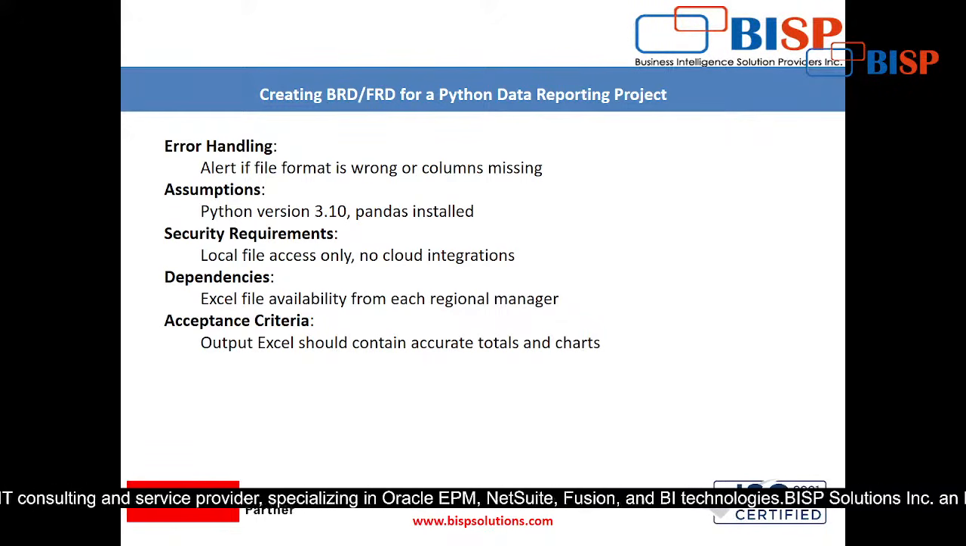Suppose whatever we have done, what is the acceptance criteria? Acceptance criteria means how you will be satisfied. So the output Excel should contain accurate totals and charts. That's it. That means on what basis you will say okay, this project is good. So the output, the